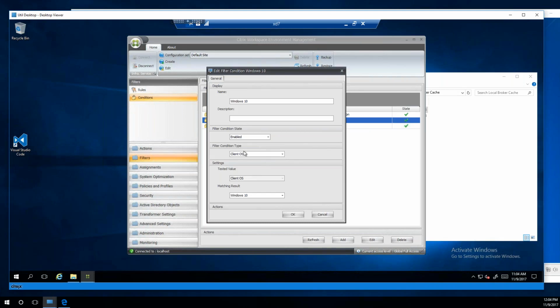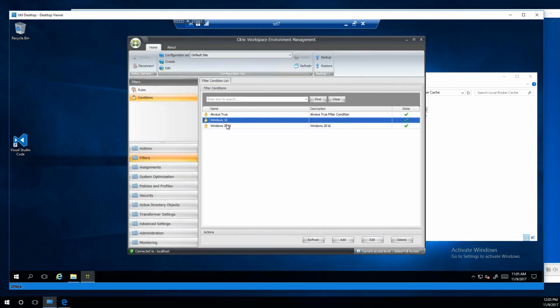Yeah, open. So basically, I did it as the client OS because I'm looking at the client being where the target software is running, so the VUEM agent software. If I wanted the remote client OS, that would be remote client OS match. So what you do is choose whichever filter condition you want in here, and there is a long litany of them. Here I am filtering this one specifically on Windows 10, and I got one for 2016.